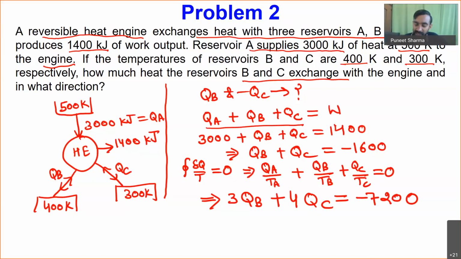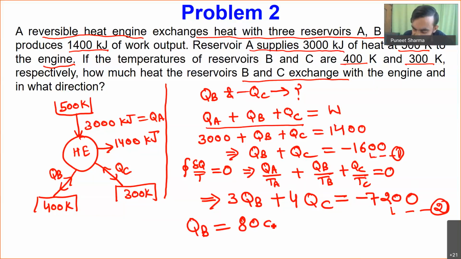Okay, so this will be the equation I will be getting from this Clausius inequality. Now I have one equation over here and a second equation over here. So if I solve these two equations, I will be able to easily determine the value of QB and QC. If you solve, you will be finding QB as nothing but equal to 800 kilojoule with positive sign, and